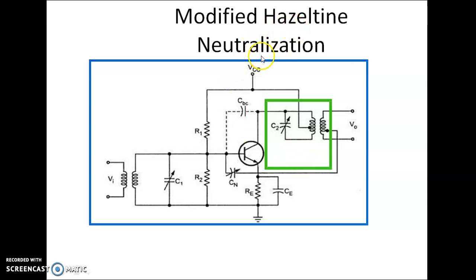Next one, modified Hazeltine neutralization. Neutralization always deals with cancelling the effect of your Cb'c. The signal produced by Cb'c, we somehow want to cancel it out. So here also you can see we are tapping the output from a secondary. From the lower terminal we are driving, so again this will produce a 180-degree out of phase signal, and they will cancel the effect of the signal produced by Cb'c. This is the way by which we can avoid